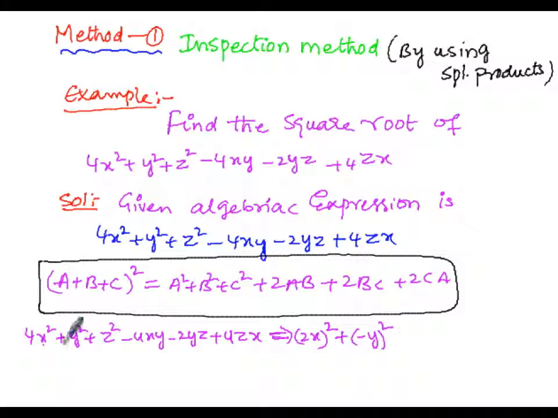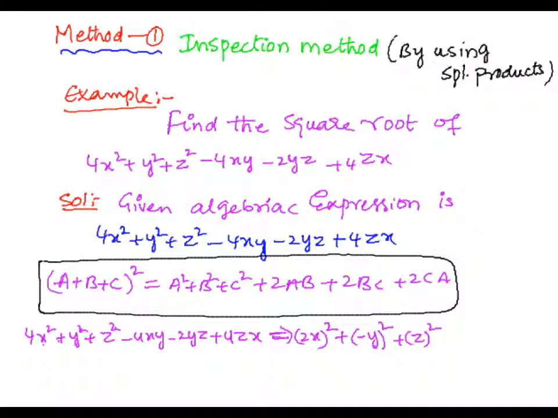So, here actually it is plus y square. Here y square, minus y square is repeatedly multiplied twice. So minus of minus is plus, plus into plus is plus again, then y square is written as it is. Then plus z square can be written as plus z whole square itself. Then now let us compare.